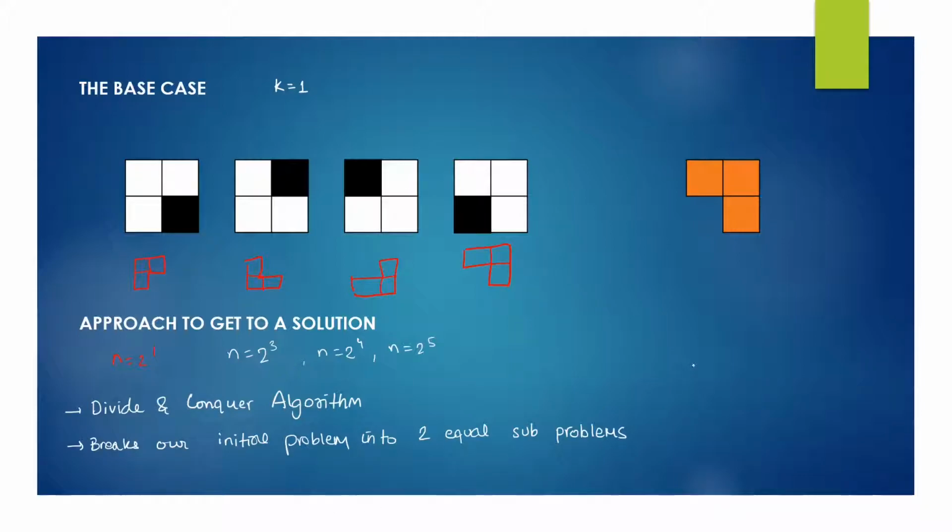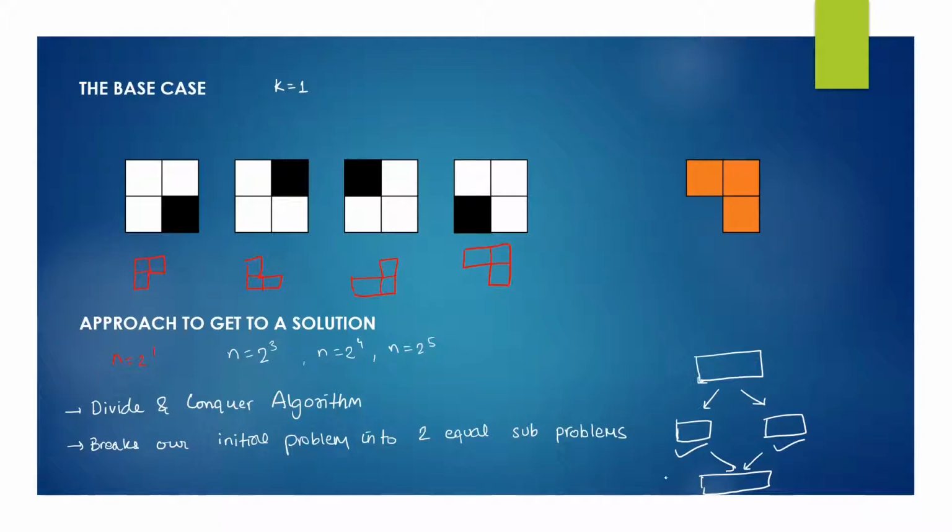So say we've got a big problem here. This is just a general illustration, not pertaining to our specific example. What a divide and conquer algorithm does, in general, is divide our big problem into 2 small equal subproblems. It solves each of these subproblems and then lastly merges them to get the answer to our original problem. Okay, so that's how a divide and conquer algorithm works.